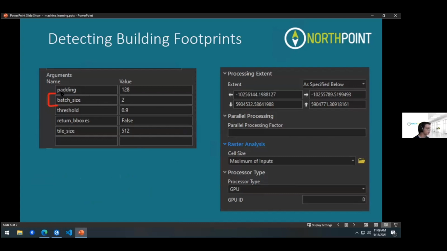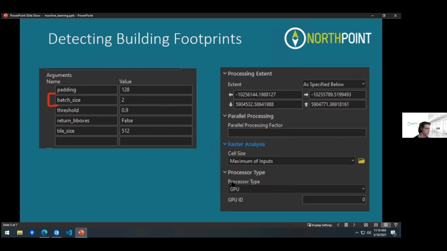These are the arguments that it's going to put in there as the defaults. The batch size defaults to 4. And you can think of that as how big of a bite is your computer going to try and take at a time. You know, if you're thinking of how do you eat an elephant one bite at a time, you can think of this as your sort of bite size. Some computers might be able to handle a really big bite size of 4. Other computers, like the one that I'm on, can only handle 1 or 2. So it's basically how many CPUs or GPU processing power it's going to be using,